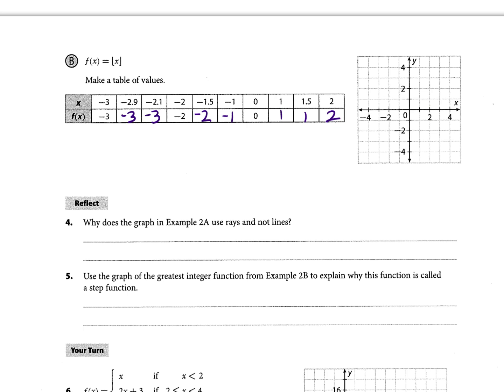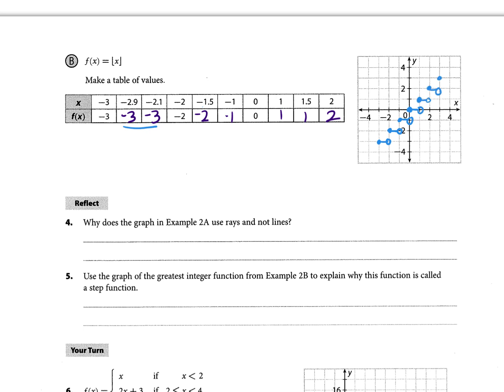So if I put in -3, I get out -3. And as I approach -2, I stay at -3 the whole time until I get to -2. So this side's going to be an open circle because once I get to -2, it jumps up. Then at -1.5, you can see it's still at -2. -1 is at -1, and as it approaches 0, it stays at -1, but as soon as it gets to 0, it jumps up, and so it takes on this look to it,